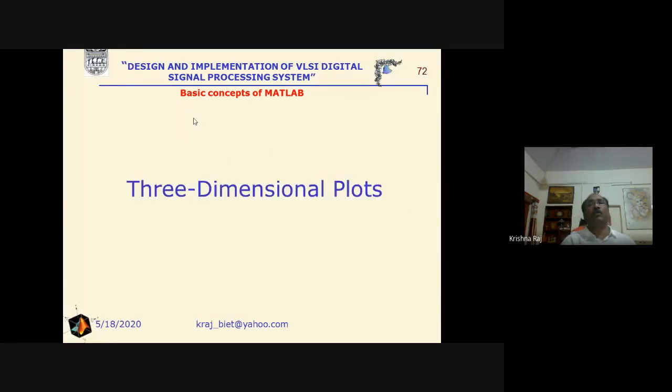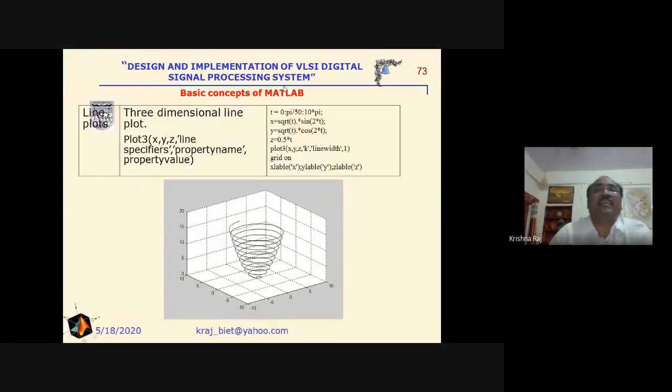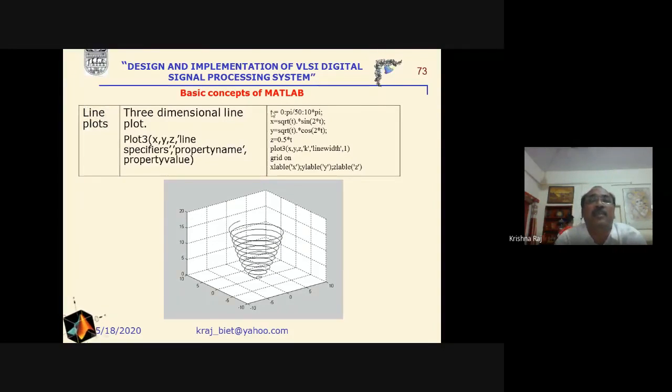And now I'm moving to the three-dimensional plots. For the three-dimensional plots, we will use the plot3 command. As in two dimensions we just use plot, now we have to use plot3. For example, say t is the independent variable, x is defined in terms of t, y is defined in terms of t, and z is also defined in terms of t. So x, y, z, three vectors are defined as a function of t, and the range of t is defined first.